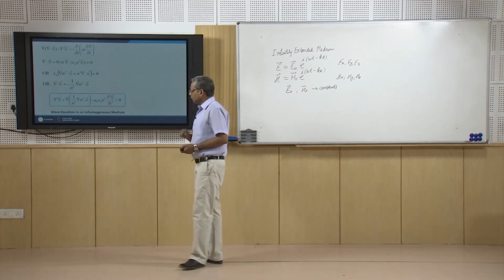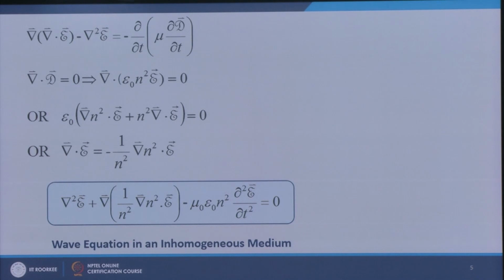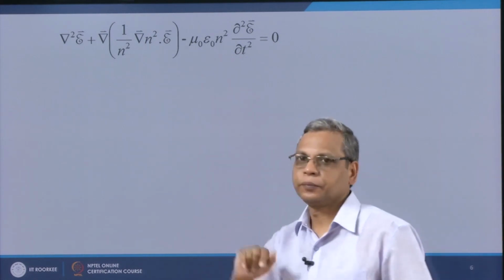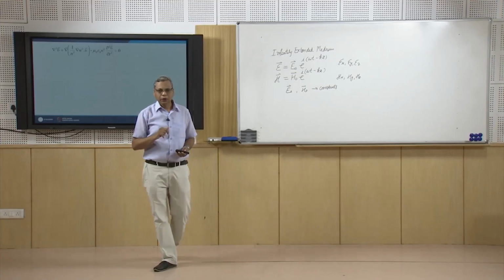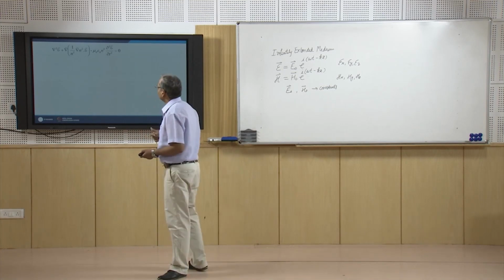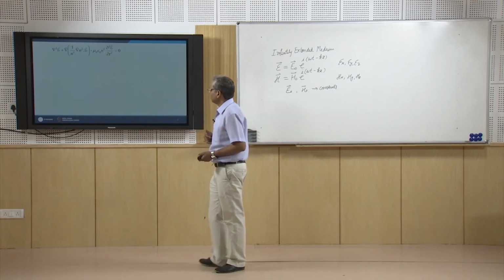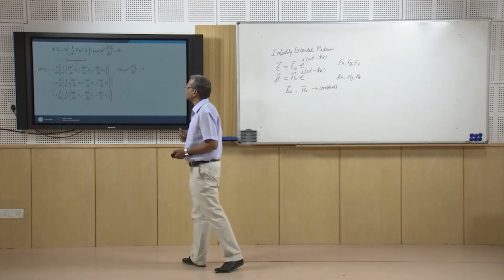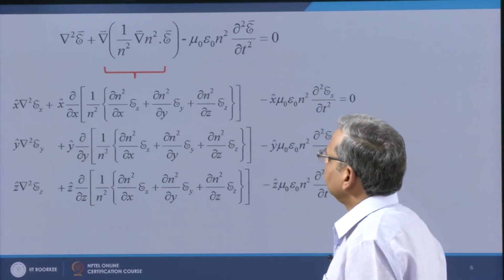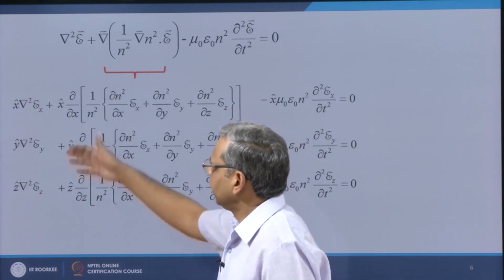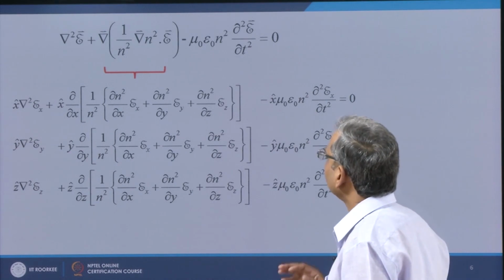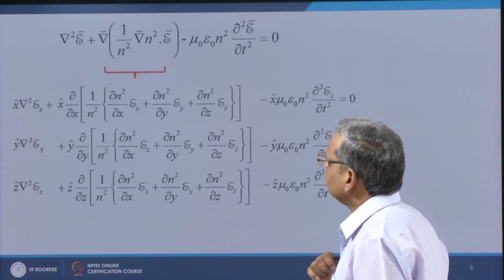So, this is a wave equation in an inhomogeneous medium. What is the implication of this term now? What complications can it introduce in our analysis? Well, if I expand this, then I write down the x, y and z components, and if I expand this, what I see is that now